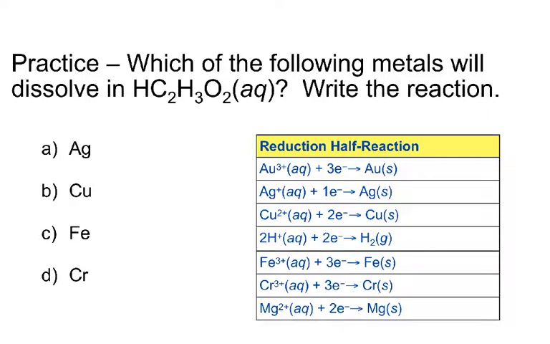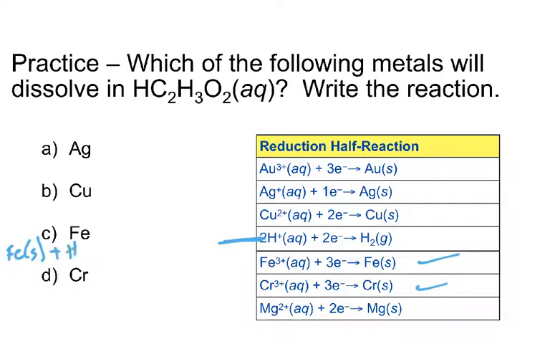Okay, practice. Which of the following metals will dissolve in acetic acid, and then write that reaction. So our cutoff point is here, so anything below that will dissolve. That leaves us with iron and chromium. And then for writing our reactions, we're going to have iron solid